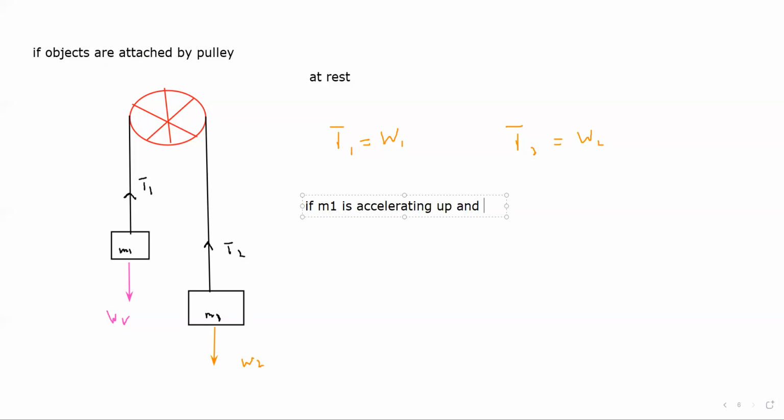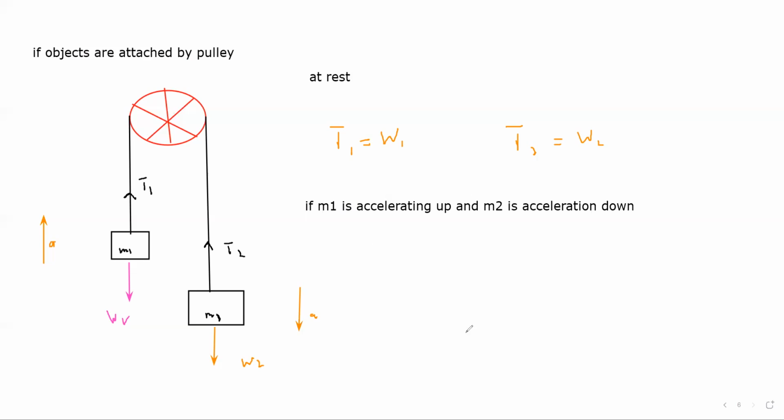and M2 is accelerating down, and because it is attached by a string, both should have the same acceleration. The downward acceleration will be the same as the upward acceleration. The direction of acceleration is different. M1 is going up where M2 is going down, but both have the same acceleration. So when I write the equation for this scenario, if two objects are accelerating,